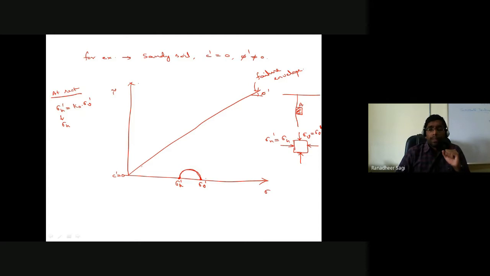Now, this is the Mohr circle what we have defined for rest condition. When I say rest condition, does it define any failure happening in the soil? It doesn't define any failure happening in the soil when the retaining structure is at rest. That's the reason why if you look at your Mohr circle, you don't see any part of the Mohr circle touching your failure envelope, what you have defined here.